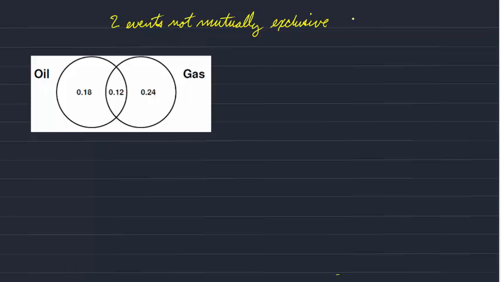That is, they can occur together. So the probability of A or B is therefore not equal to the sum of the individual probabilities. An illustration that Paul provides is a situation in which we're in a field where there's oil and gas, but there may be some locations where there's both oil and gas. Okay? So the whole field of study